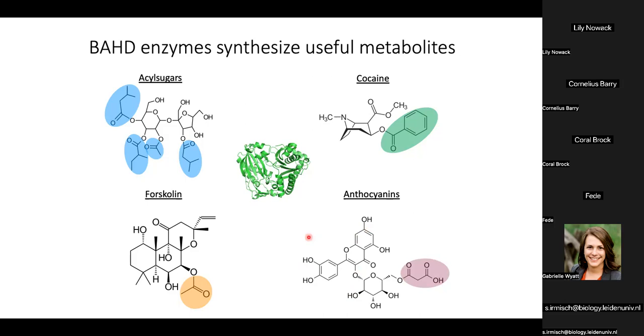And what strikes me here is not just that you have so many different chemistries, but so many of these molecules are really important, not just for plant survival, like acyl sugars or anthocyanin, which are really important in plant physiology, but you also have metabolites that are important for humans. Cocaine can be used as an analgesic, and forskolin as well as treating certain diseases. So these enzymes are really interesting to study because there's a large payoff in investigating their activity and what